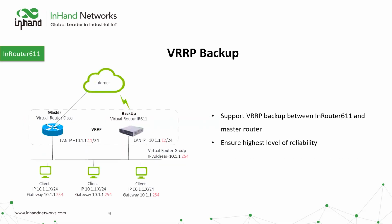It also has a very nice feature, VRRP, that's Virtual Router Redundancy Protocol. And traditionally how it's used with the 611 is as a failover, where you can have it connected to, say, a Cisco router or a Systech, maybe in a service station or in some type of retail space. You're using your primary router with Ethernet, but then you can also use the IR611 as backup. And it can also do some load balancing for it, but that's not the true intent, at least